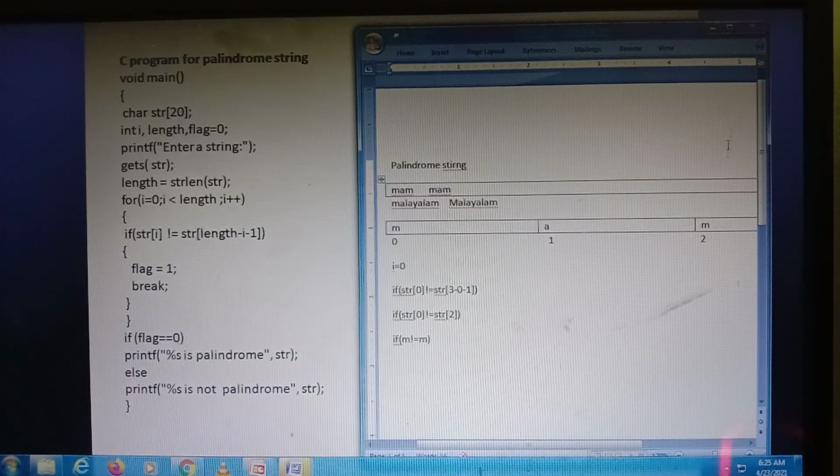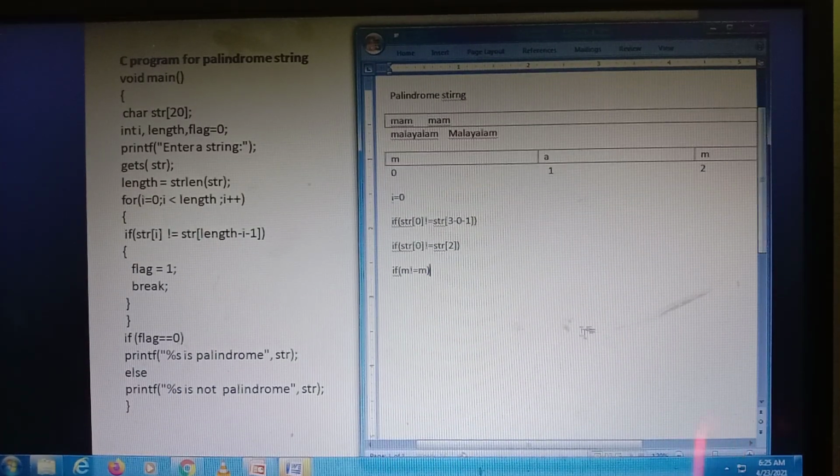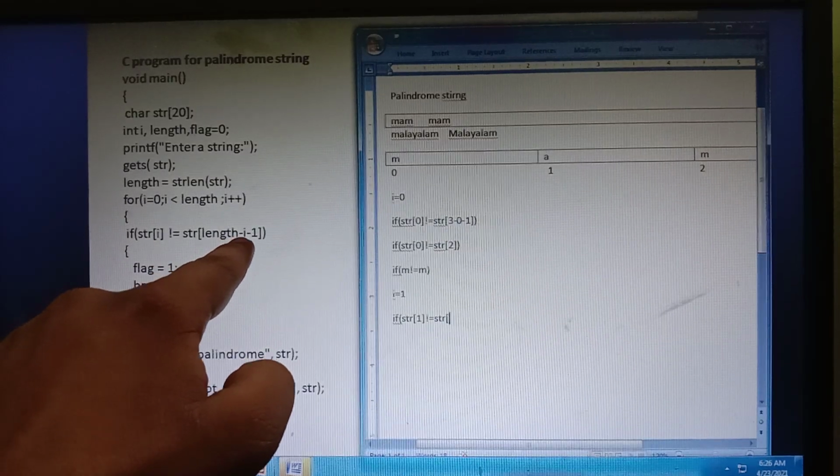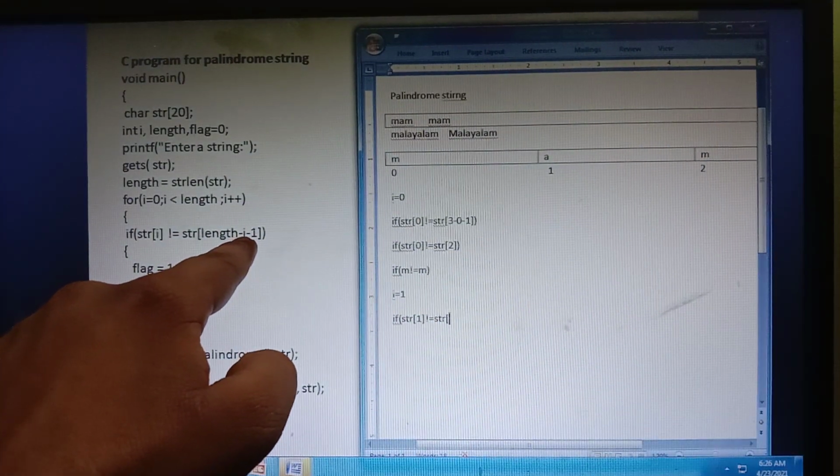I equal to 1. Same operation. If STR of 1 not equal to STR of string length minus I, what is the length value? 3 minus what is the I value? 1. 3 minus 1 minus 1, what is the value?